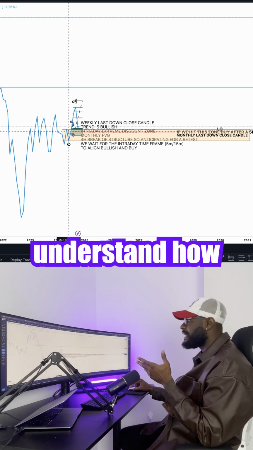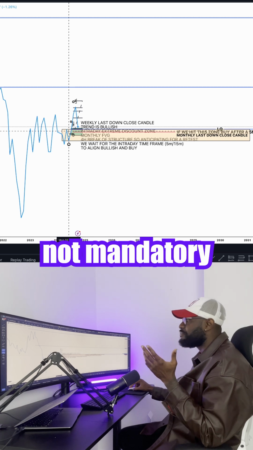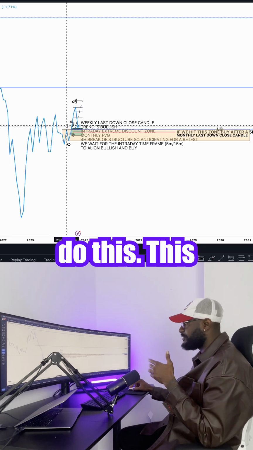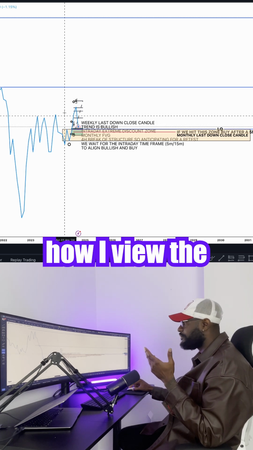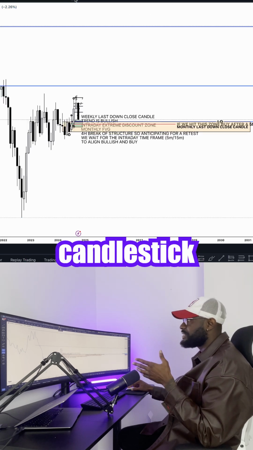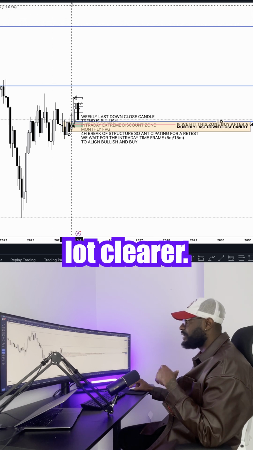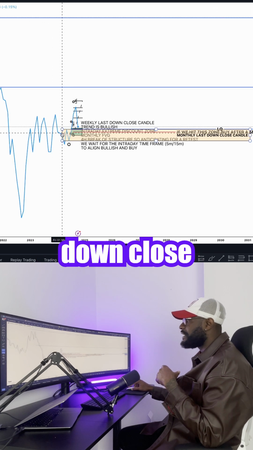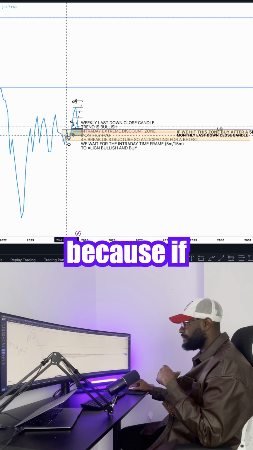So if you don't understand how to do it, it's not mandatory for anyone to learn how to do this. This is just my personal strategy of how I view the market. Sometimes when it's not clear on the candlestick chart, I use the line chart to make it a lot clearer. And the reason why that last down close candle on the monthly is very important to me is because if